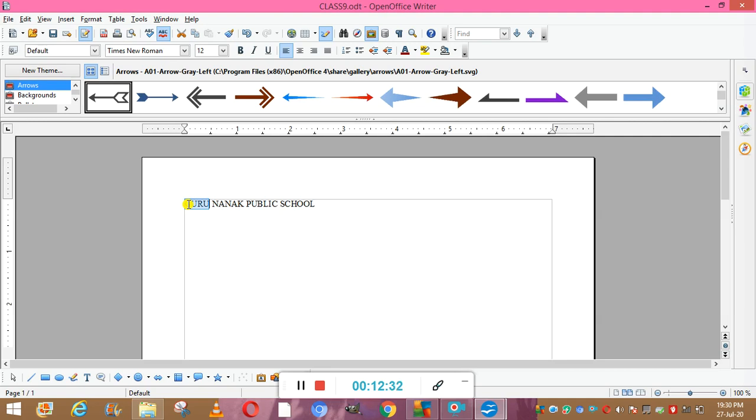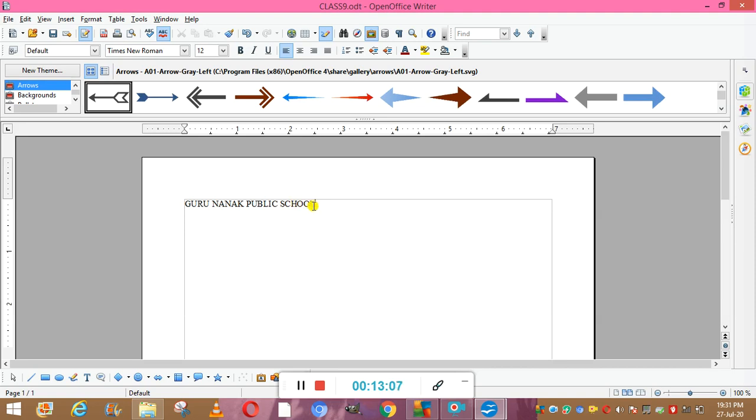Okay, so now how can we select the text with the help of a keyboard? See, first if we have to select the beginning of the line, then we will click on the Home button. We have the Home button. Now you can see I have placed my cursor here, and if I click on the Home button, my cursor will go to the beginning of the line. Okay, and for the end of the line, I have to click on the End button. Now my cursor came here at the end.